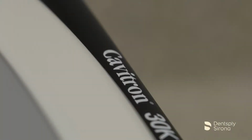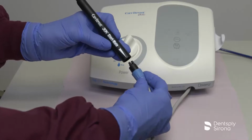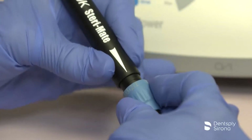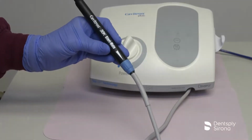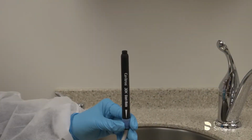The Sterimate handpiece is sterilizable. Connect the Sterimate handpiece to the cable assembly by aligning the electrical connections. If the cable assembly does not seat into the handpiece, gently rotate the handpiece until the contacts align, then fully insert the handpiece. To prepare the handpiece for use, hold the empty handpiece in a semi-upright position over a sink